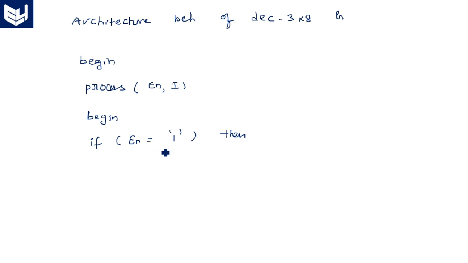If enable equal to 1, depending on the input combination 000 to 111, the corresponding output line is activated. We know the operation of the 3-to-8 decoder very well. That all happens when enable is equal to 1. When enable is equal to 0, the output y is assigned all zeros, that is 8 zeros. Else,